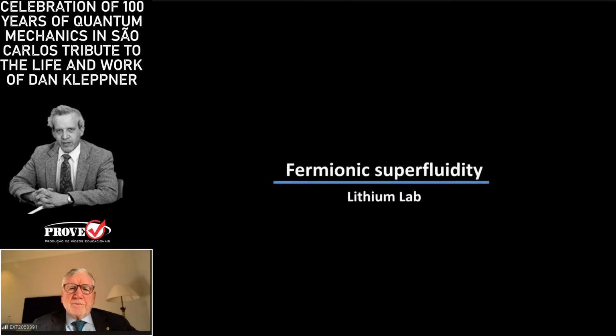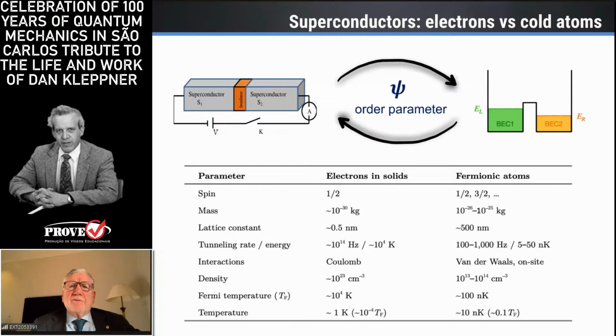In particular, I would like to start from the lithium laboratory, where you have the possibility of creating a Fermi superfluid, to couple two fermions like in a Cooper pair,